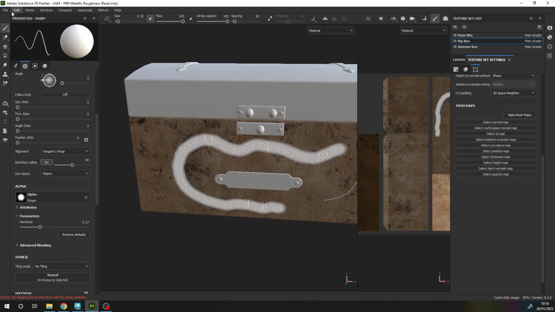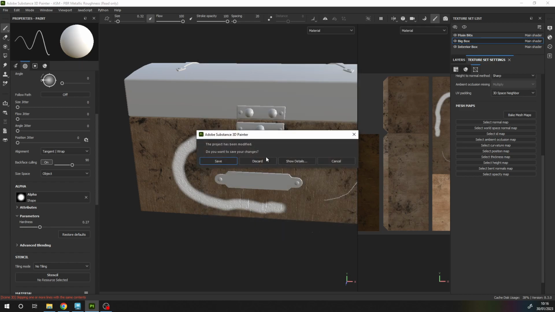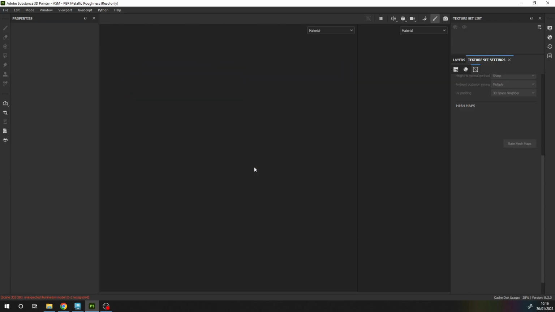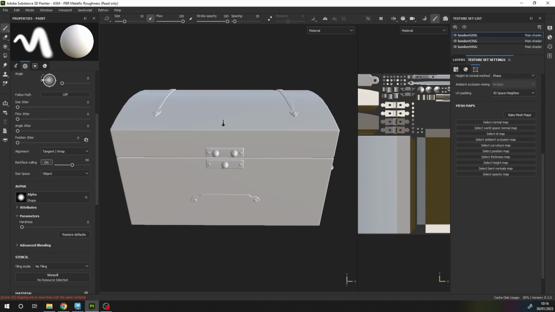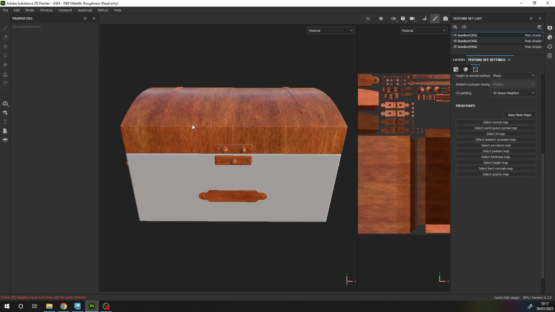So yeah, I'm going to make a new thing altogether and just bring in that file again. So we start off from scratch. PBR like that. There you go. Right then. On the left hand side, I should have actually shown you that a minute ago. I'll do this one instead. There we go. On the left hand side,